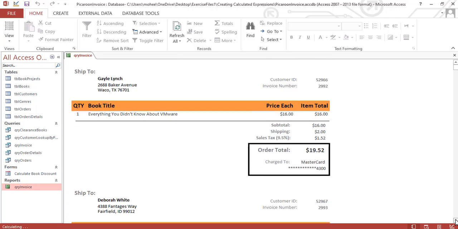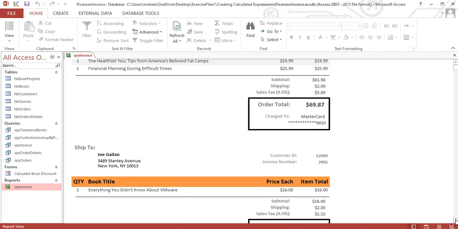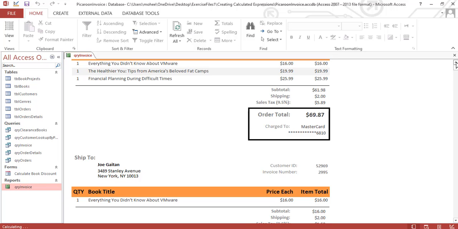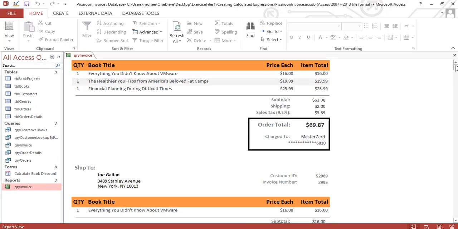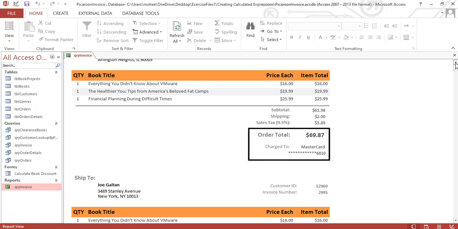And we also learned how to enter a value in an expression field in a Microsoft Access report. So currently you have seen the expression in the order total field. So that's how you will enter your expression.